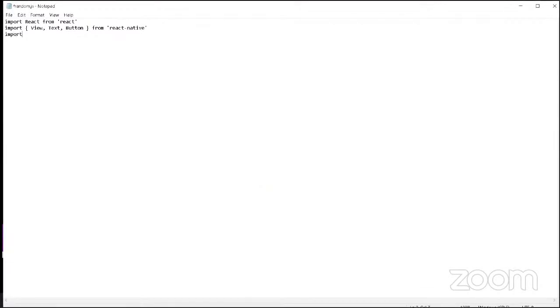I could just say import rand from /rand, and I can just create export default function random, and I'm going to return. Oh no, I need to make this a class. All right, so